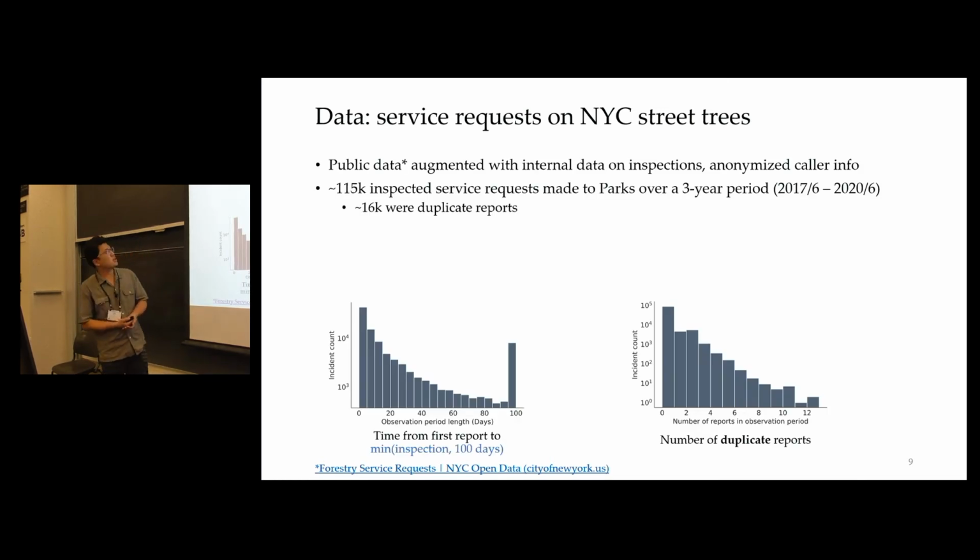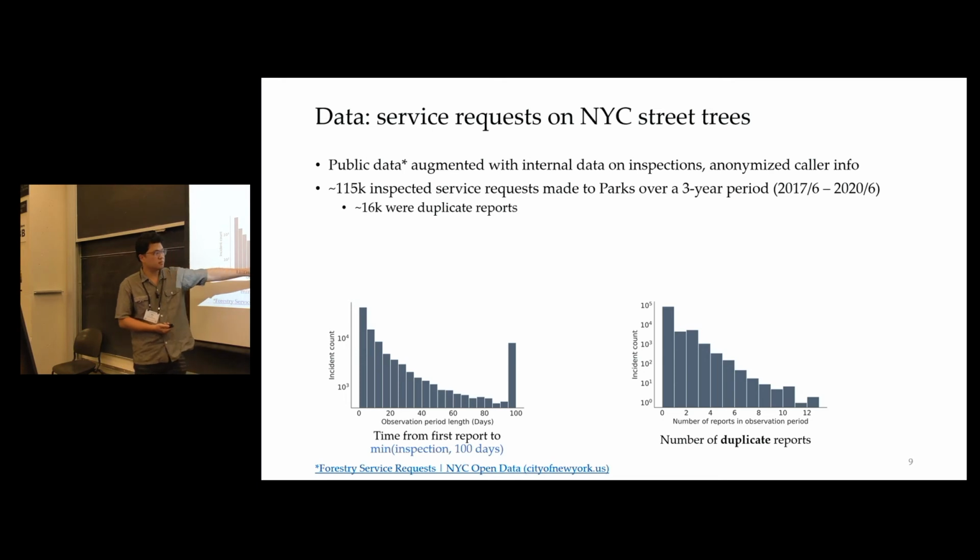Here is a brief introduction of the data that we used. We basically used public data that's augmented with internal data on those inspections. They account for 115,000 inspected service requests made to the Parks Department over a 3-year period, and of them, 16,000 were duplicate reports. So the graph on the left shows the constructed observation interval, so you can observe the truncation